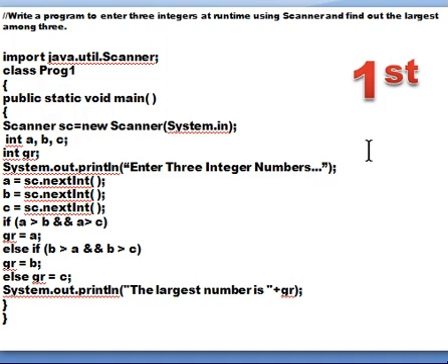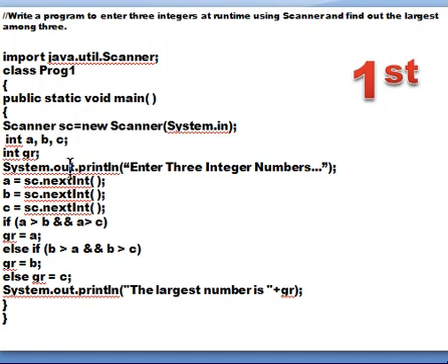That means we are going to tell the user on the terminal window that the user has to enter three numbers which are integers. We are going to use the method of the Scanner class. In order to use the method of the Scanner class, you have to use the object name. That's why we have created the object of the Scanner class. So how do we do it? We are initializing the value of a, b and c by taking the input from the user. So a is equal to sc.nextInt.